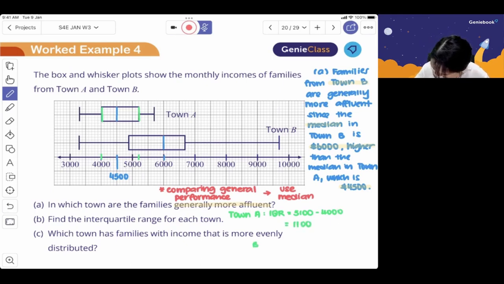Now for town B, the interquartile range will be between these two values, which is 6,600 and